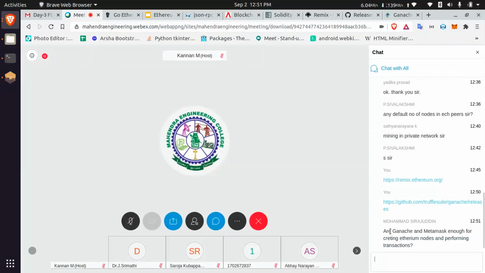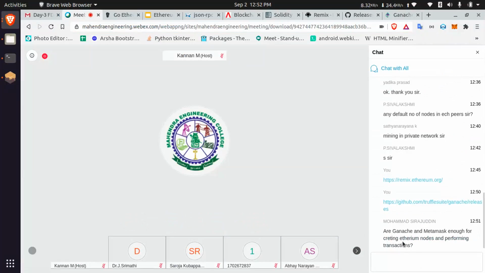Are Ganache and MetaMask enough for creating Ethereum nodes? MetaMask is a wallet, not a node. Ganache and Geth are used for creating nodes, but Ganache is for development purposes only.